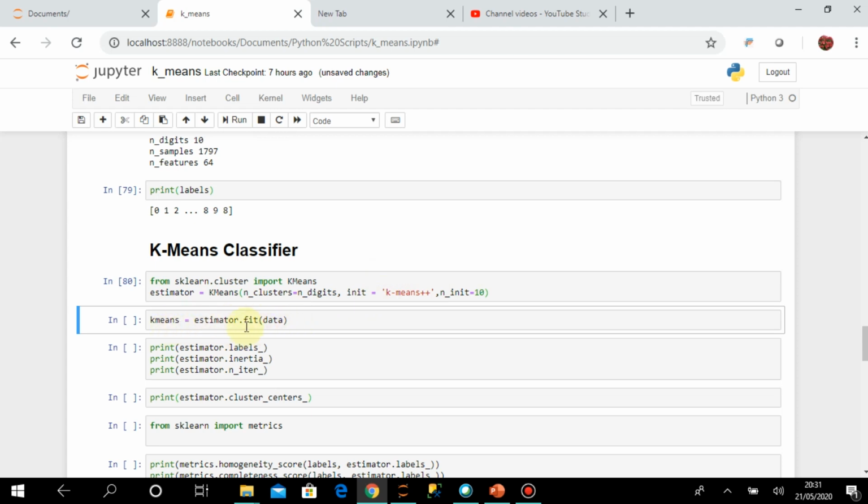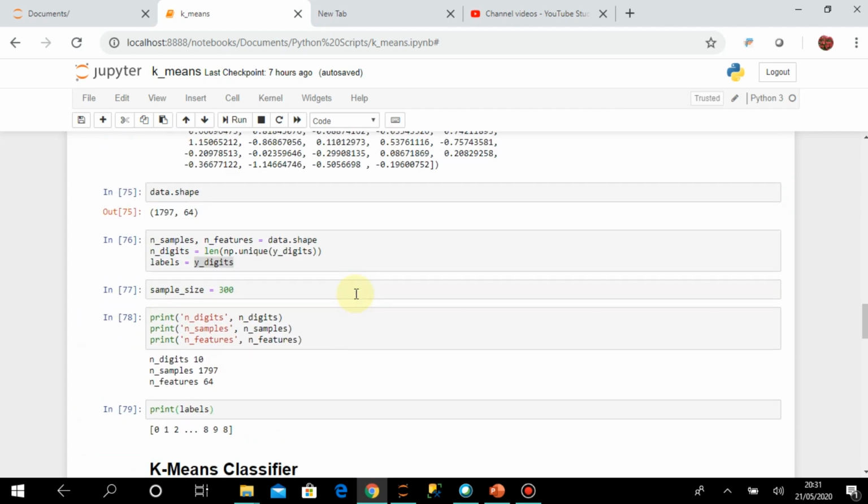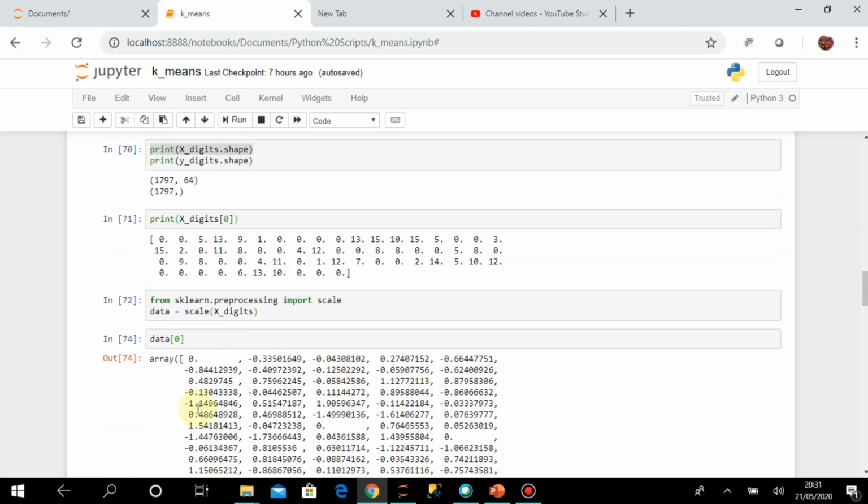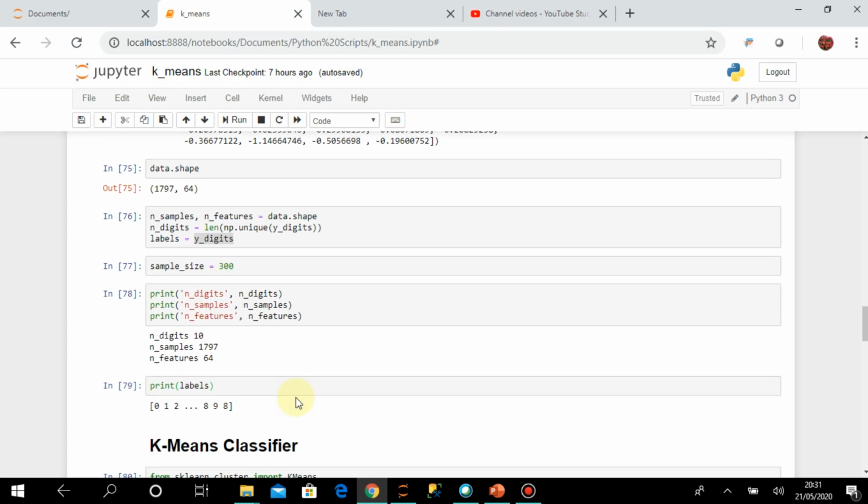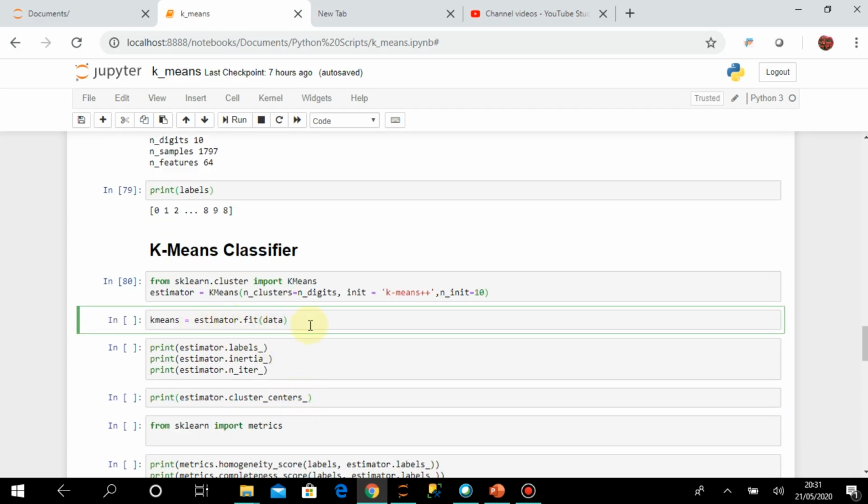Now I am calling this fit method and sending data as the input. If you remember, we had taken the feature set from the digits data set and done some standardization on it using the scale method. That is how the data looks now, and I am fitting this data in this estimator.